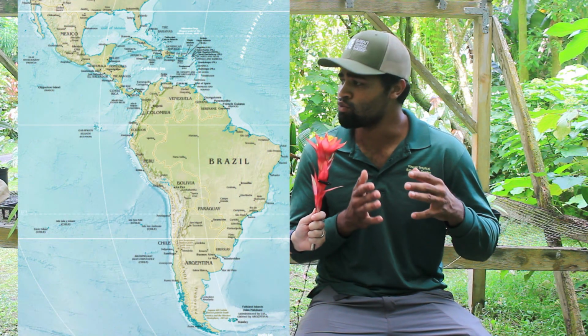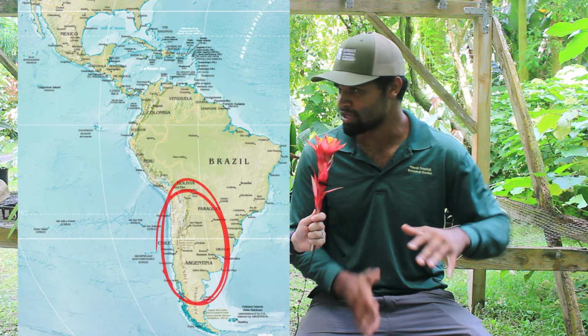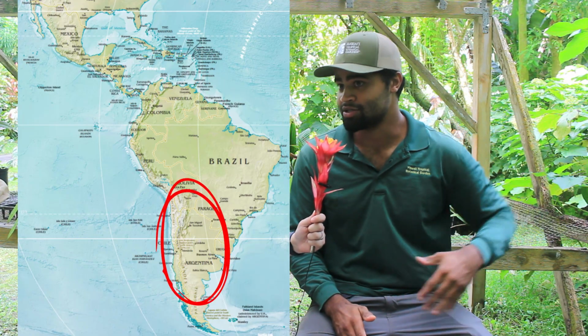I've also seen them in like dry places. So where would they actually originate from? Oh, that's a great question. Bromeliads actually originate in Argentina and Chile, in colder, drier environments, more so up on the mountains there. So mostly they wouldn't have a lot of rainfall, with low humidity levels, and those are maybe some of the ones that you see in Las Vegas or something, in front of a house,